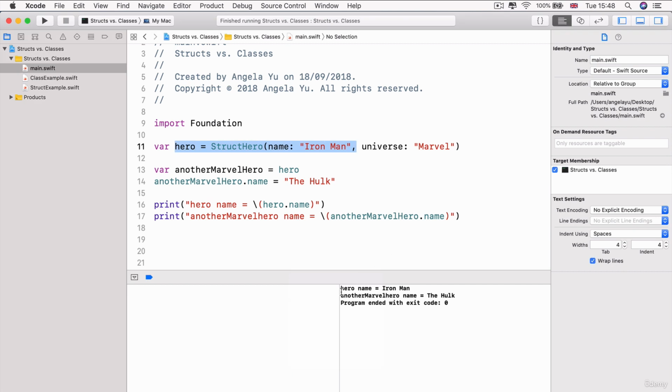You can see that our hero name is Iron Man, just as we intended, and our another Marvel hero name is the Hulk, just as we intended as well. And this is why structs are much simpler, which means that it's easier to create a larger app with less complexity. And you can imagine that if you're coding on the same project with lots of different people, or sometimes